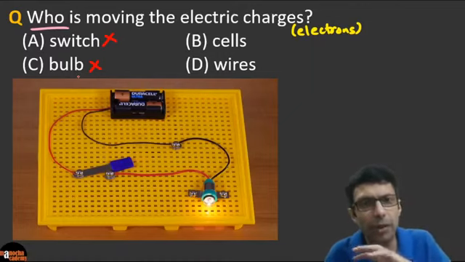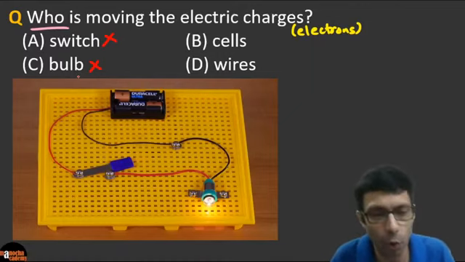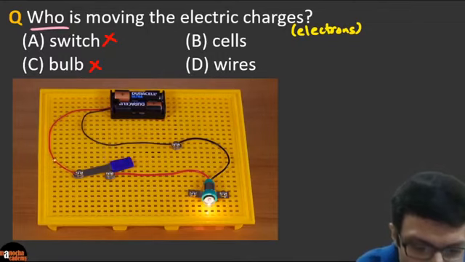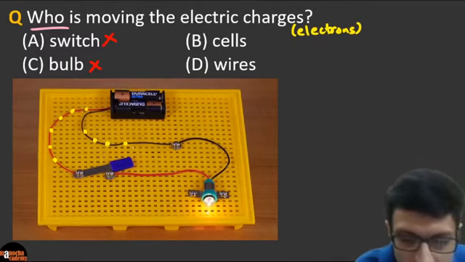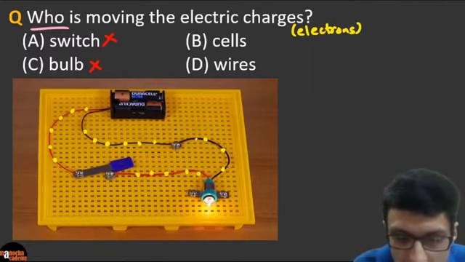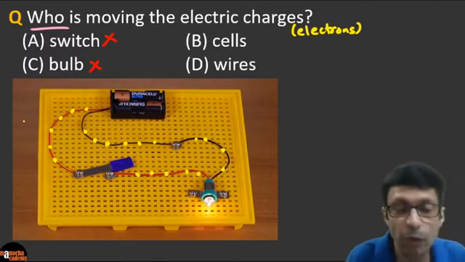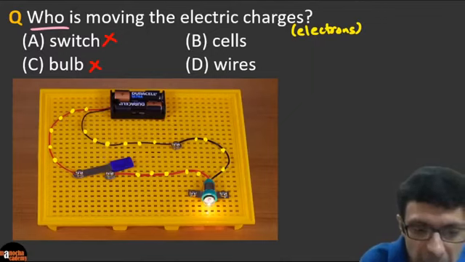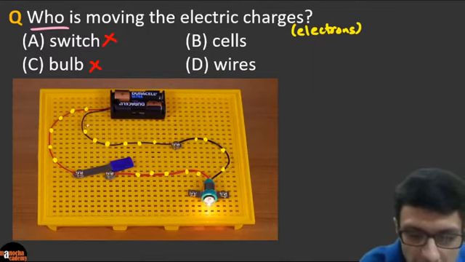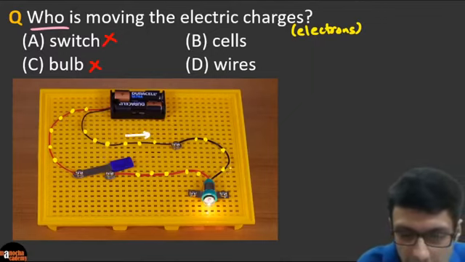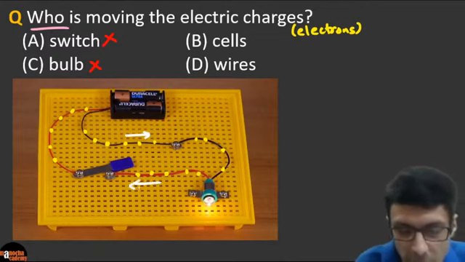Wires, so definitely we said electrons are flowing in the wires, right? So if we draw these electrons, let's say there are these electrons in the wires. I'm drawing these electrons with the yellow dots here. Can you see? So electrons are flowing in the wires, there's a continuous motion, and we'll talk about the direction later. So let's say the electrons are flowing this way in the wires.